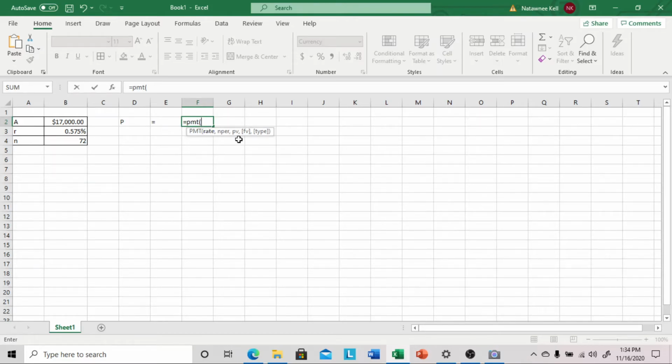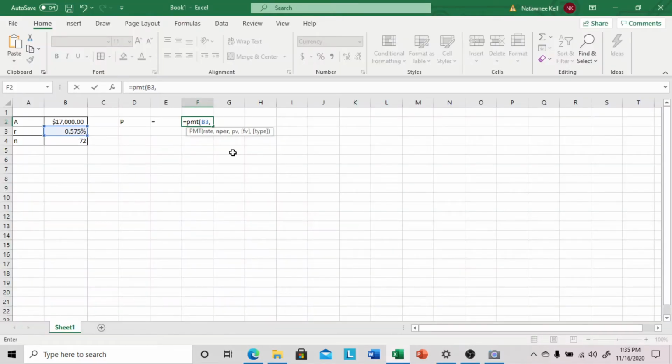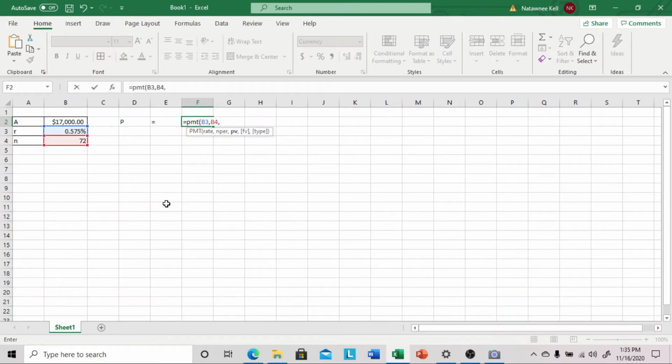So we need to tell it where to find it. We've got it in B3, not B4. N per, what does that mean? That means the total number of payments for this loan. So that I've saved over here in cell B4. Let's give it B4. Put another comma in between our parameters. PV, that means the present value, or the total amount that a series of future payments is worth now, also known as the principal. I've saved that in B2. If we hit enter,